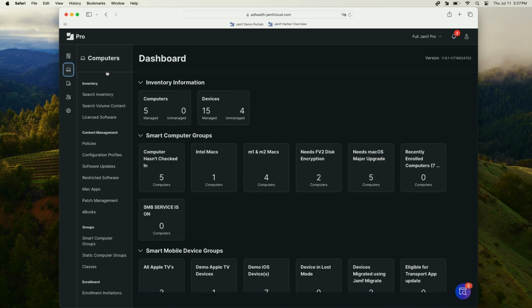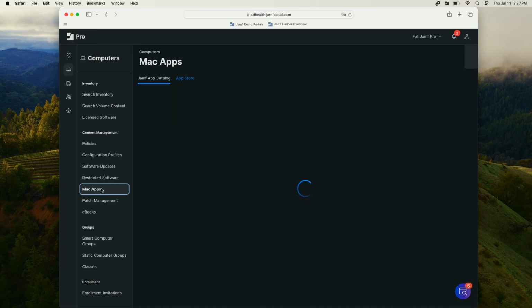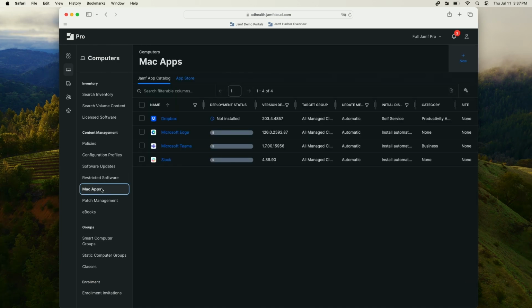So we're in our Jamf Pro dashboard. Under content management, you're going to see Mac apps. And if we come in here to Mac apps, this is where we could see an overview of the Jamf app catalog. Today I have 4 apps in here. I have Dropbox, Microsoft Edge, Microsoft Teams, and Slack. You could see the deployment status. So you could see right now,